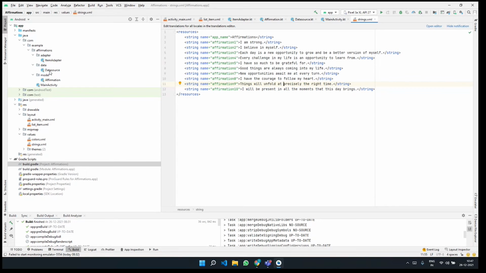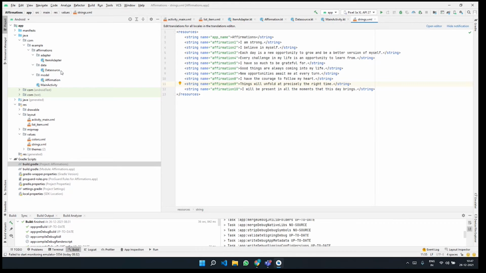So as we saw, packages are nothing but organizing your code logically for you and also for other developers to understand. Once you divide your app into understandable packages like these, it is really simple for other developers to pitch in and work on your app so that people aren't confused. It increases the readability of your app. So that is about packages, and we have created three packages here, namely adapter, data, and model.